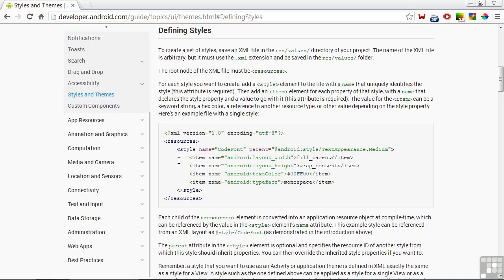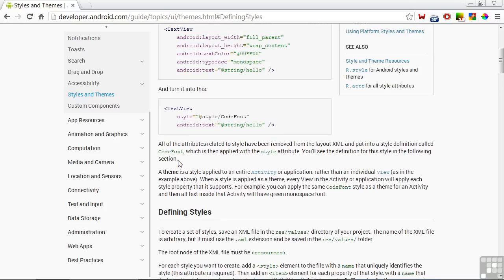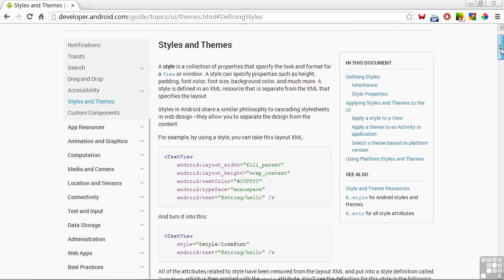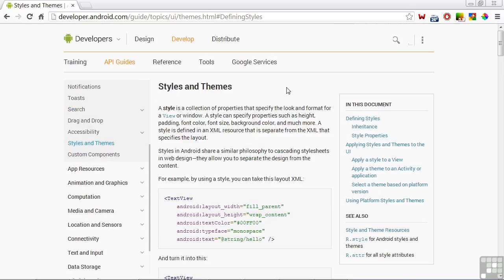To invoke a style, it's named using the style attribute, such as in this code example. Style equals @style/code font. A theme is simply a style applied to an entire activity or application. When a style is applied as a theme, every view in the activity or application will apply each style property